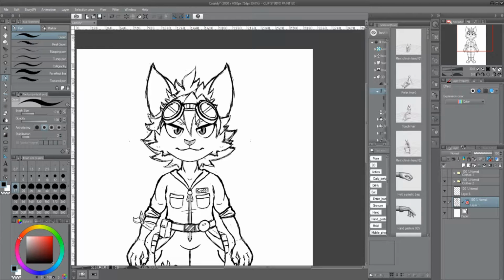But what they were doing was they drew the character with the clothes on, and then would start over from scratch and draw the same exact character, the same pose, the same posture, all that jazz.